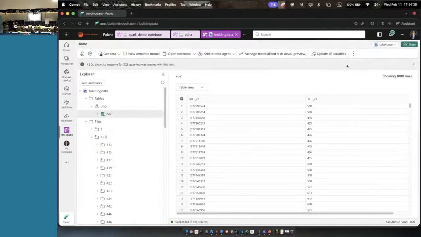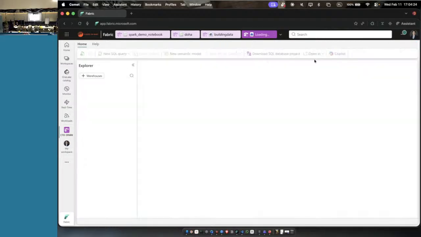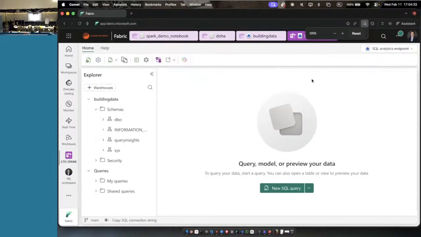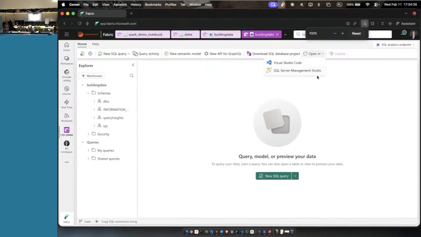Open it up in SQL Server Management Studio. So you can't really compare it, because SSMS is more like an interface for you to work with your databases, whereas Fabric is more than that. The concept of one, where you have your structured and unstructured data, you have the concept of dataflows, the concept of visualizations, RTI, whereas SSMS is more of an interface for you to work with your SQL database.